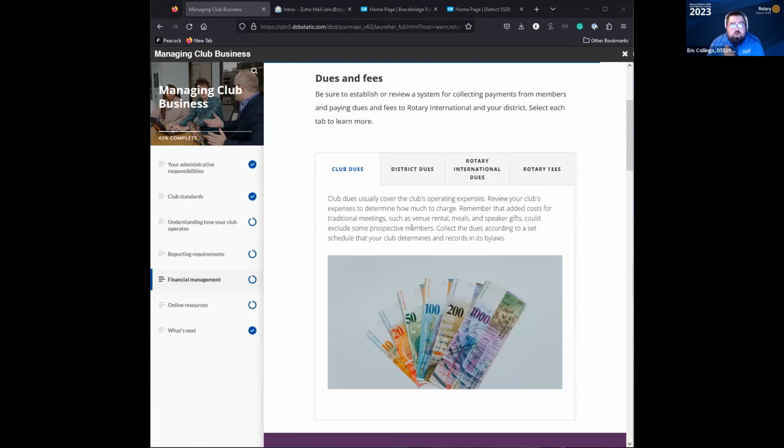So your club dues: every club can set up their own dues structure. It's really used to cover your operating expenses. And your dues are going to be affected by where your club chooses to meet, whether you have brown bag lunches or fancy meals. All of that is club specific, and that's something as a board that you all will set and can adjust. Our club just voted to raise our dues for the first time in 15 years,